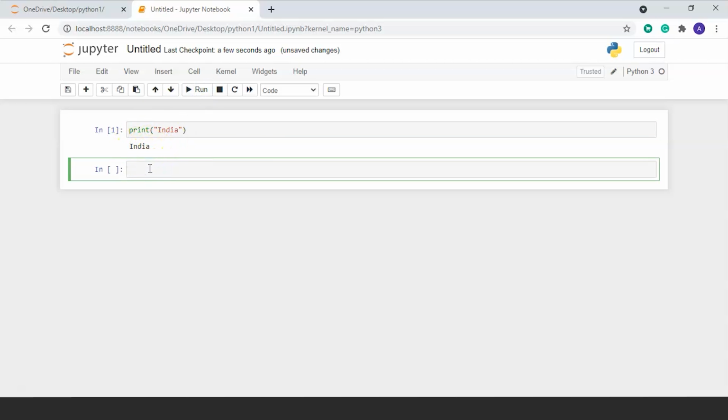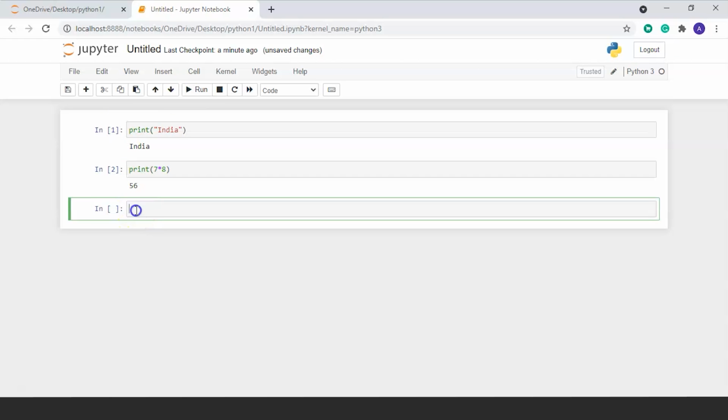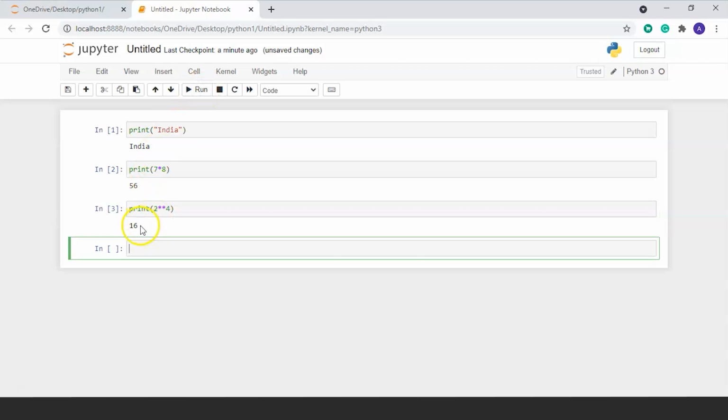Now we will run some operators, like we will print 7 into 8 and then run, so it's 56. And we'll also run an exponential operator, print 2 exponent 4 and run. So you can see 16, the result comes out.